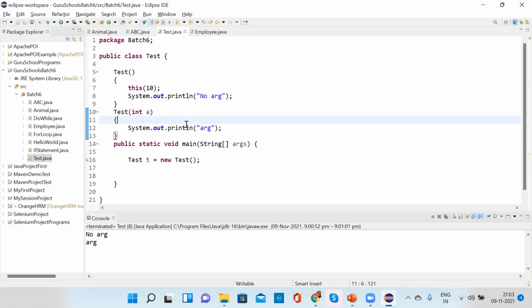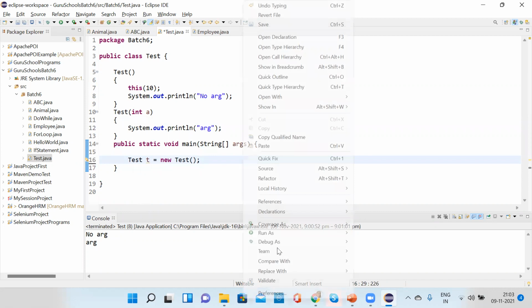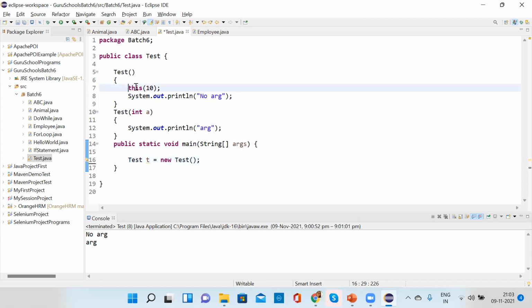So now what will it print? It is calling the no argument constructor, but here it is calling the argument constructor, and then it will print this one.